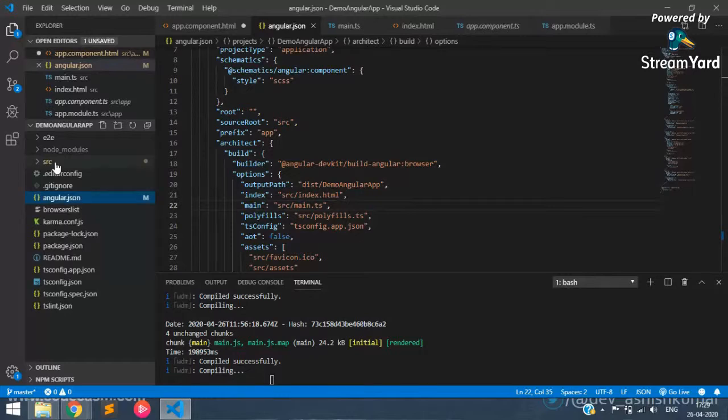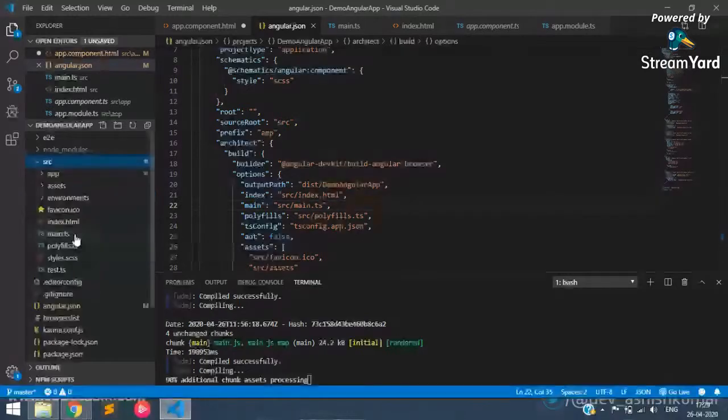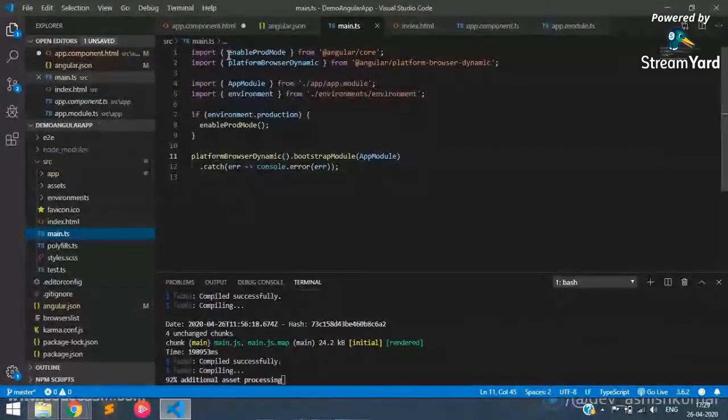So in main.ts we can see that it has imported some libraries from Angular, like Angular core and platform browser dynamic. And this method is called platform dynamic. Then bootstrap module, it is mentioned that it should bootstrap this app module. And in app module, when we check,